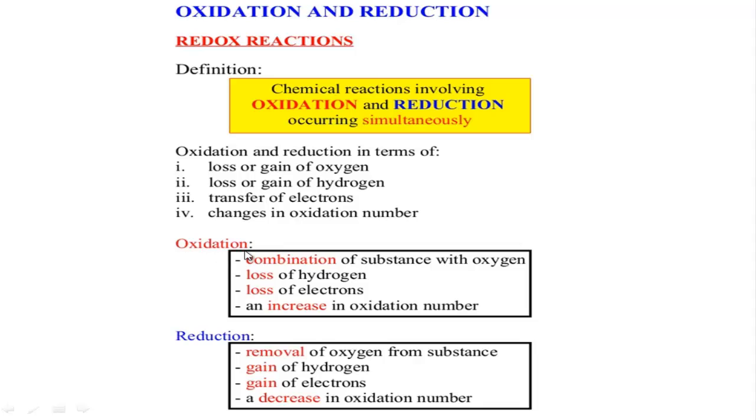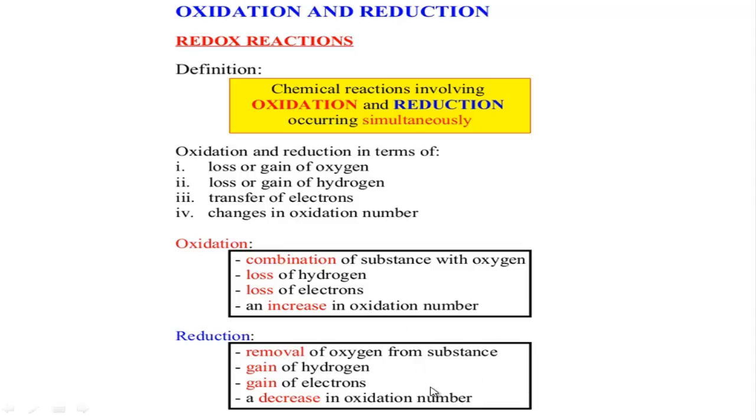Especially in the oxidation part, addition of oxygen occurs, or loss of hydrogen occurs. That is, combination of a substance with oxygen, or loss of hydrogen, or loss of electrons, that means in oxidation atoms release electrons. And in the oxidation part we always see the oxidation number increase,